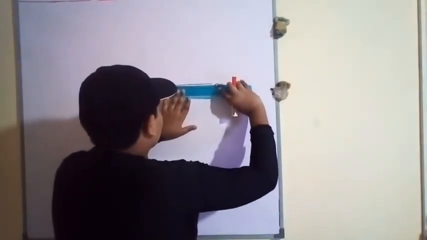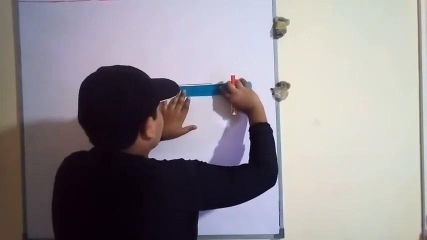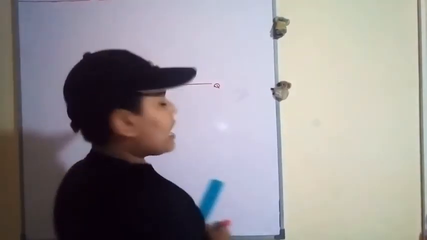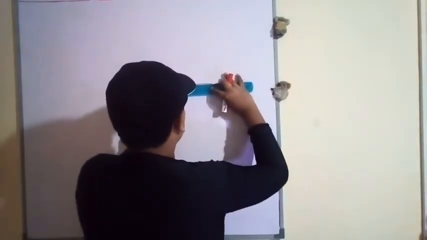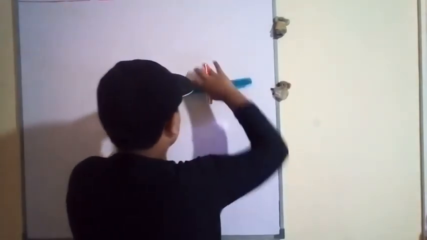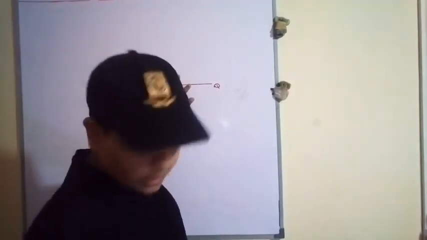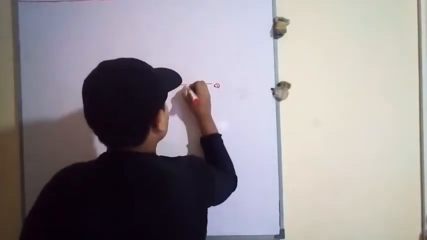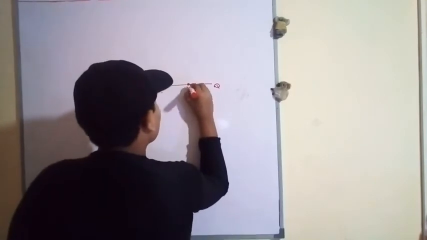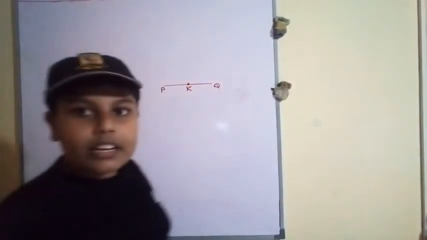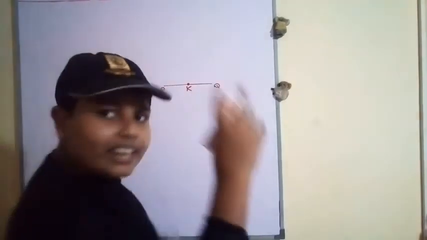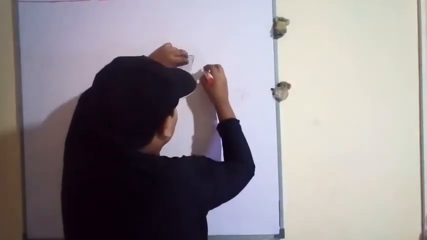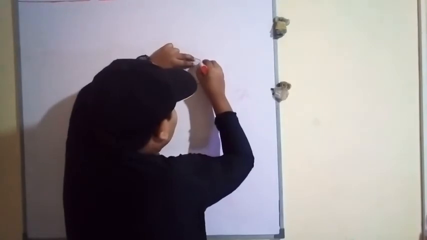Now measure this. P point in there is 0. It is 18 centimeters. And what is the half? Half is this. This is the half, and you can name this as K. Now you want to get the protractor and draw the straight line. I can get a straight line like this.